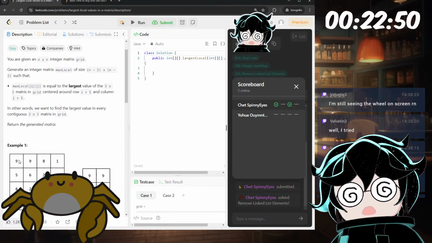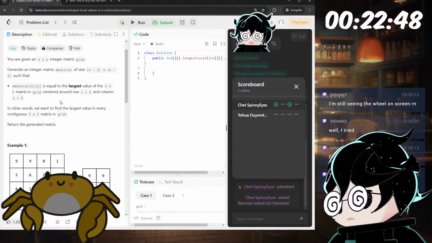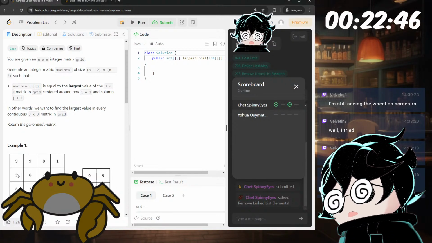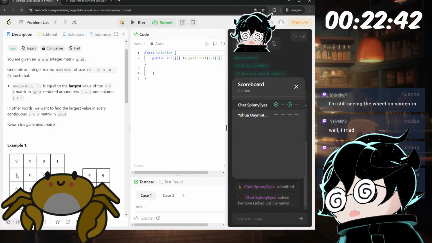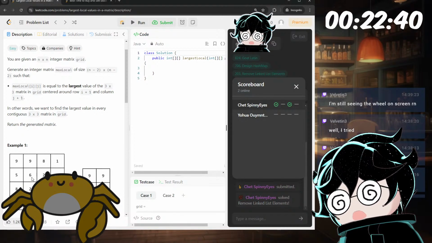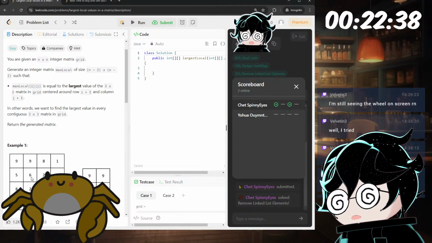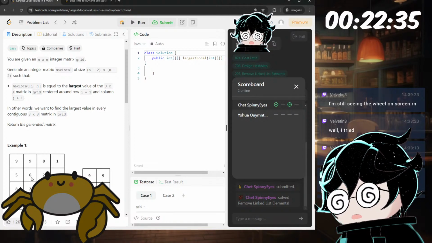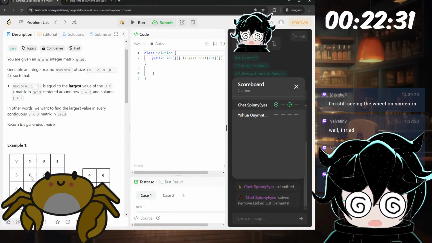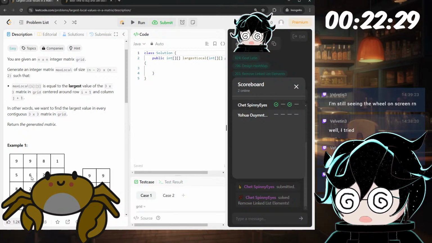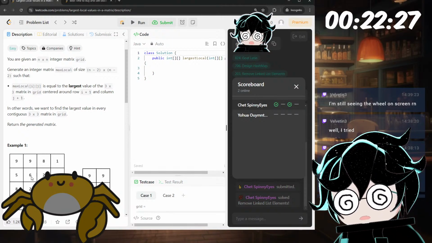Row i plus 1. Row is this one. And column j plus 1. Oh, okay, so, oh, okay, here. That's tricky to think about, but I think it should be doable.